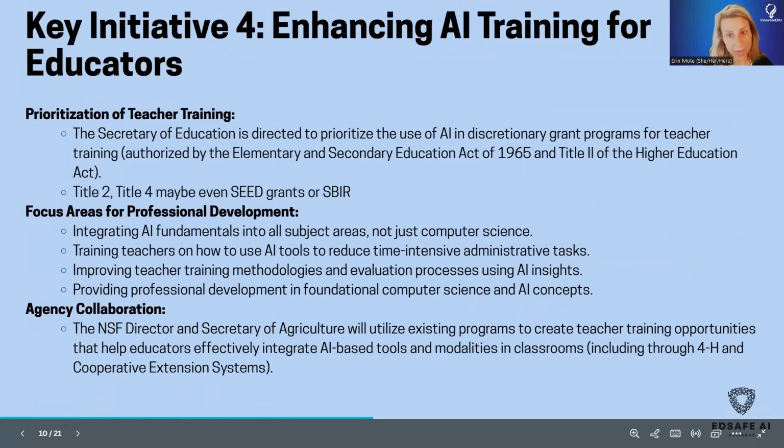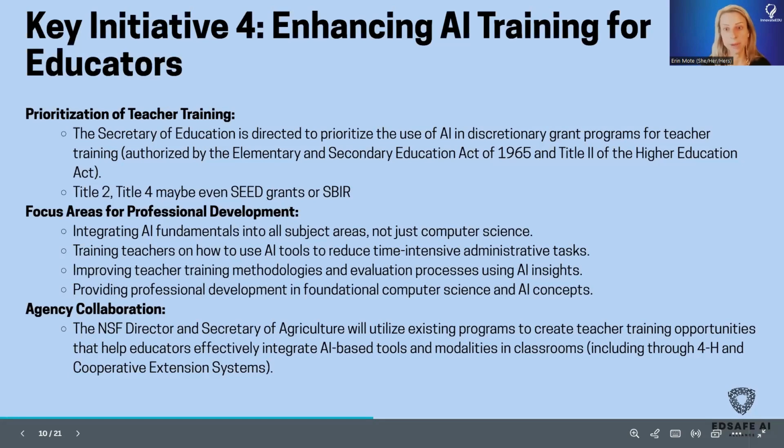Enhancing training for AI educators. So the prioritization of teacher training. This directs discretionary grant funds for teacher training, but also we want to name some other vehicles, Title II, Title IV, maybe even the seed grants and SBIR are options for those funding mechanisms. Focus areas for professional development, including how to really think through the productivity interface. So not just what AI looks like in classrooms, but are there things that would save teachers and educators and